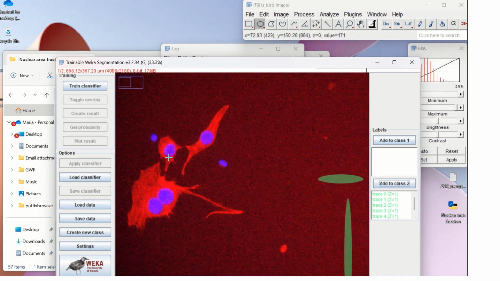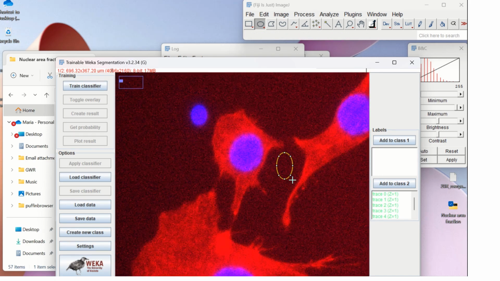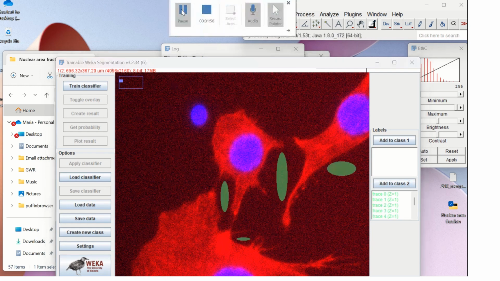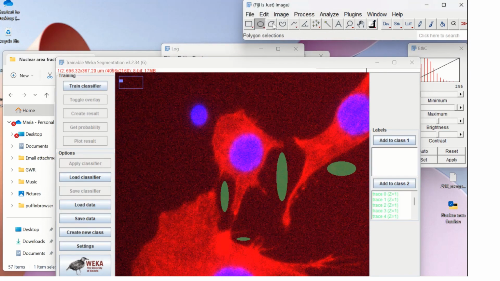So now I go wherever there's cells and I go in between the cells and I also do the same thing. Okay, then I want to grab this tool right here and start tracing one of the cells to show Weka, hey, look, this is what I want. This is what is actually data. This is what I want you to select for me. So you're just basically teaching it what you want right now. And what this is called is creating a classifier. So you are creating a classifier so that Weka can use this classifier